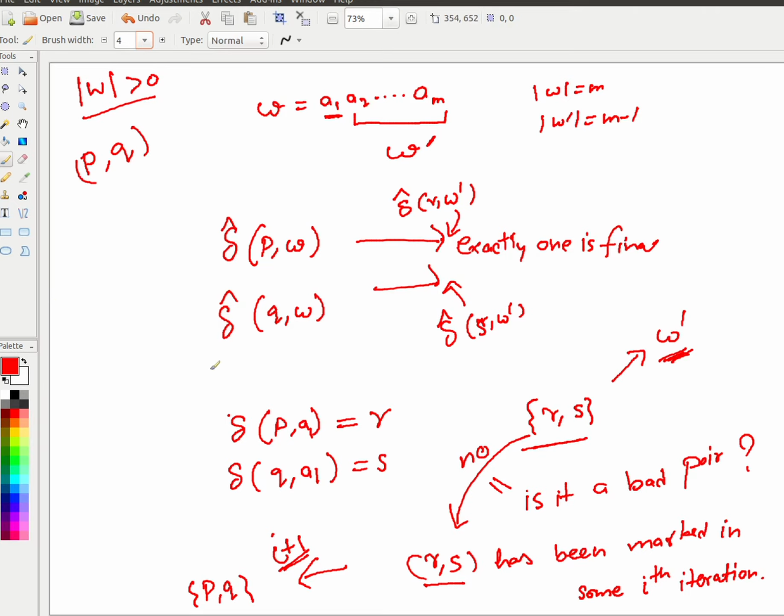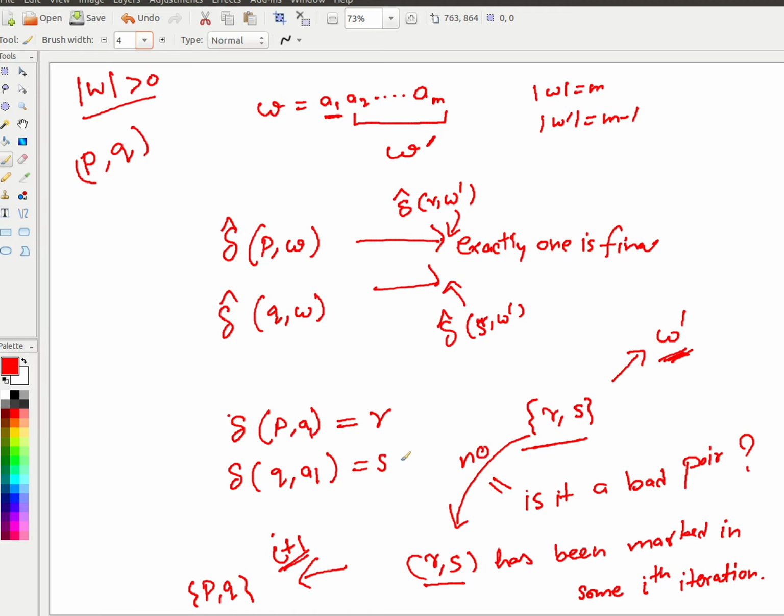Whenever there is a bad pair, you can again prove the same. If there is a single bad pair, definitely that pair cannot be based on the empty string, it is based on some string of length at least 1. You take the first symbol and see where you are going from that bad pair. You will be going to somewhere. That cannot be a bad pair because you have chosen the smallest one, and that is only 1. And if that is not a bad pair because it is marked in some ith iteration, then definitely in the next I plus 1th iteration you must have marked the PQ also. Is it clear? Anyone has any doubt in that?